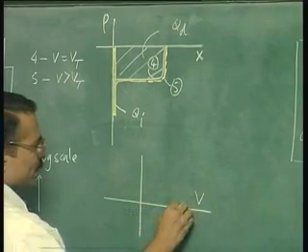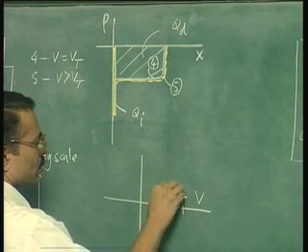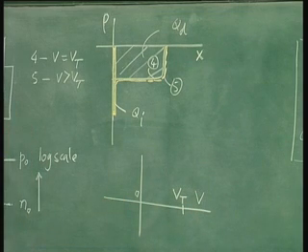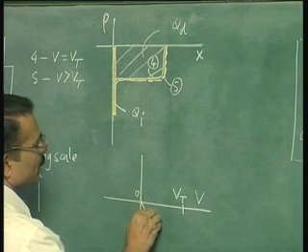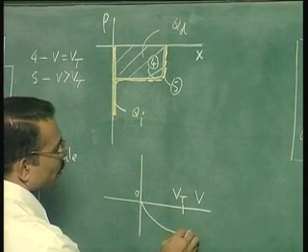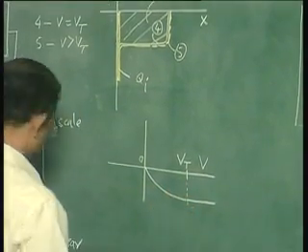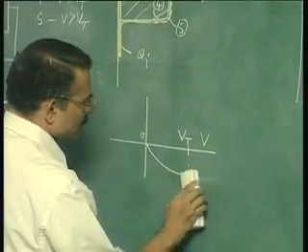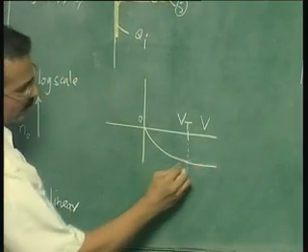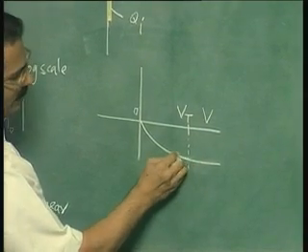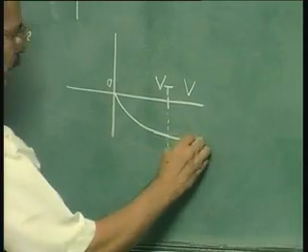So as a function of V, supposing this is the threshold voltage point and this is the origin or flat band voltage, then your depletion charge goes on increasing like this and almost saturates beyond this threshold voltage. So there is a small increase, but the rate of increase is very, very small beyond this. On the other hand, so this is Qd.